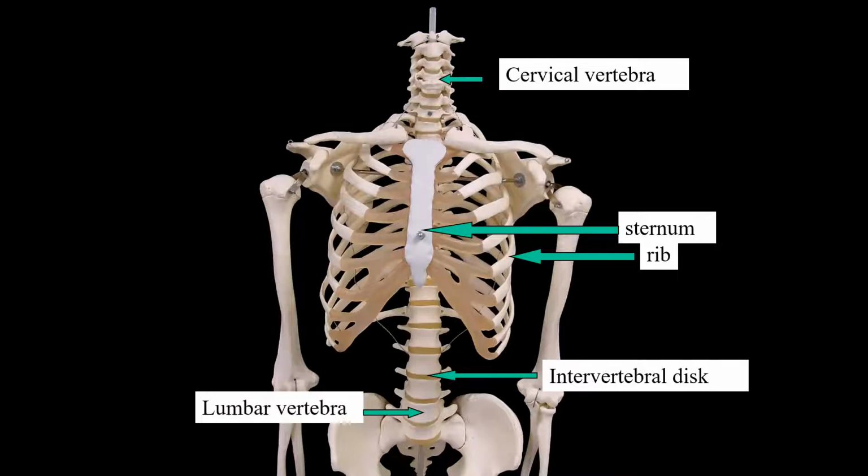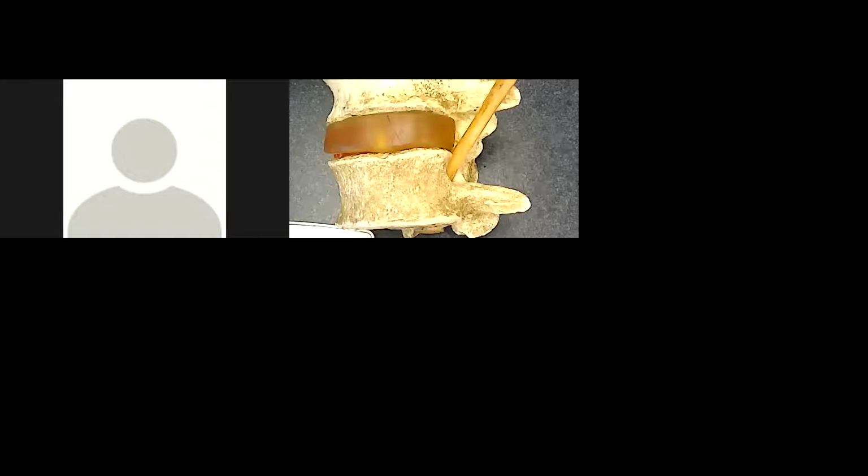Now, what you see there are very large vertebrae. Those are the lumbar vertebrae. The vertebrae that you see here on the model, right up there, this is a lumbar vertebra. These are the largest vertebrae in our body. There are about 5 of those. We go from the cervical vertebrae to the thoracic vertebrae to the 5 to 7 lumbar vertebrae, somewhere in that neighborhood. They're the largest vertebrae in the spinal column, and then they terminate in a structure known as